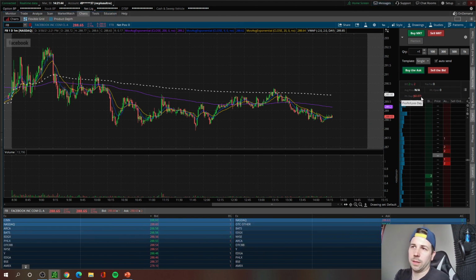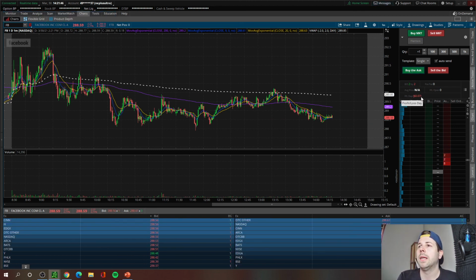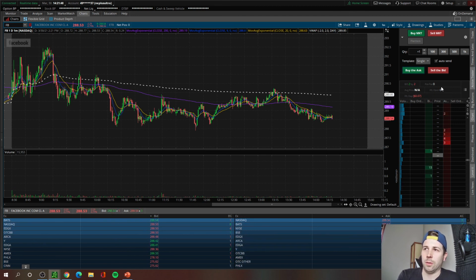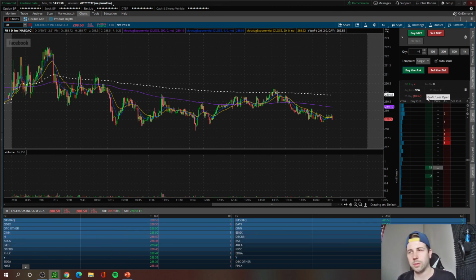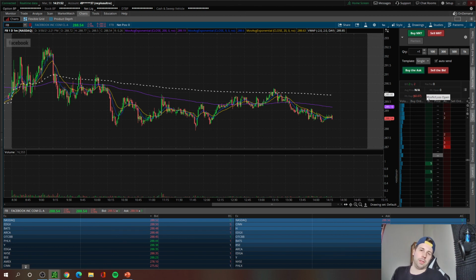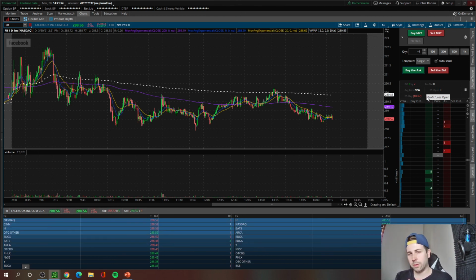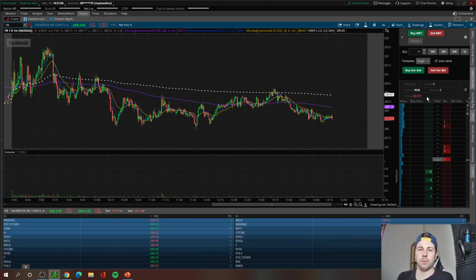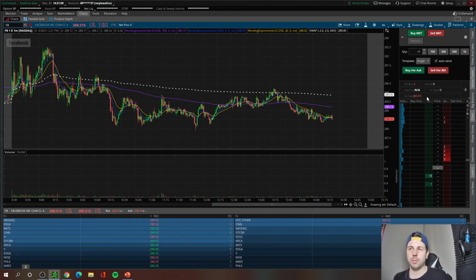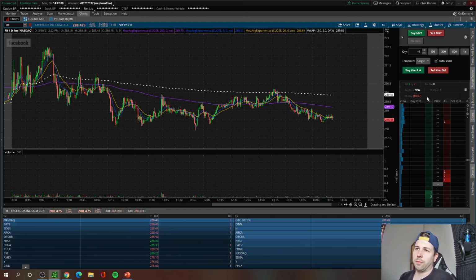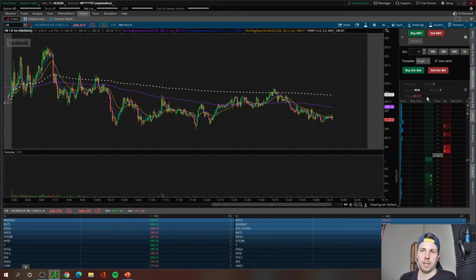So we made back like 7 cents on what we lost the first time. And you can see now the position is 0. The open is 0 for all that position. So it's really no more complicated than that, guys. You're going to sell first, buy second, and you make money when the stock is going down, not going up. If you want to see this on a more serious position, like a day trade position,